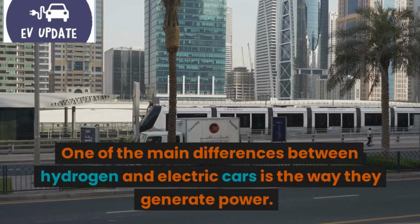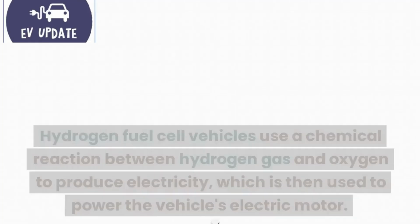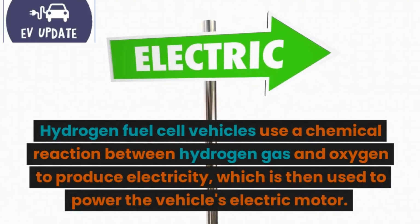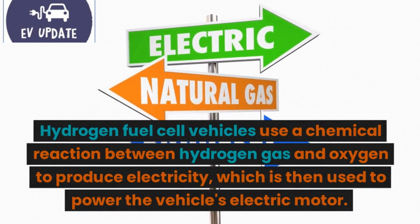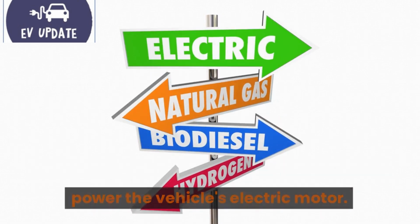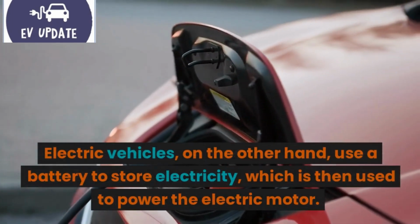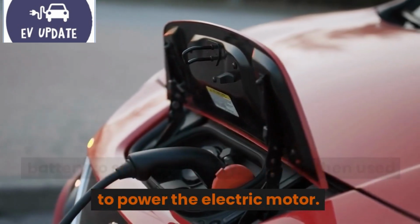One of the main differences between hydrogen and electric cars is the way they generate power. Hydrogen fuel cell vehicles use a chemical reaction between hydrogen gas and oxygen to produce electricity, which is then used to power the vehicle's electric motor. Electric vehicles, on the other hand, use a battery to store electricity, which is then used to power the electric